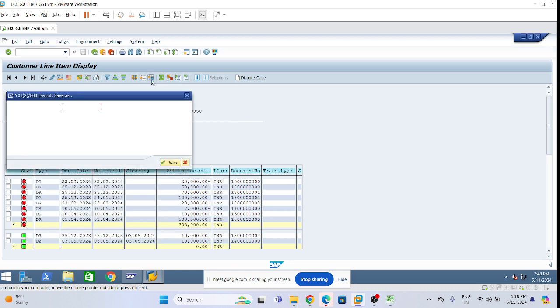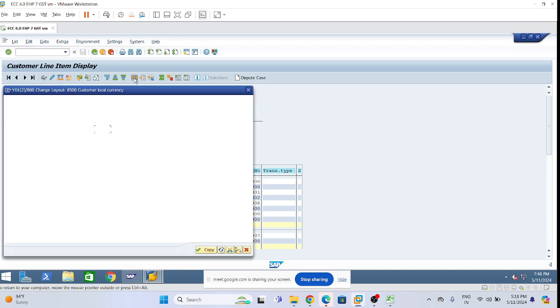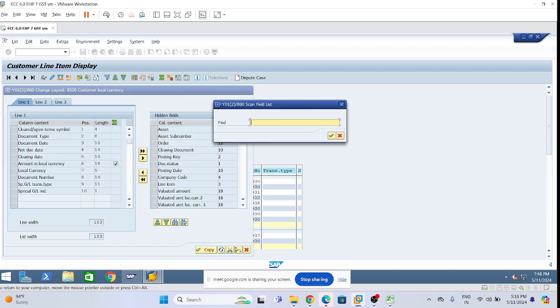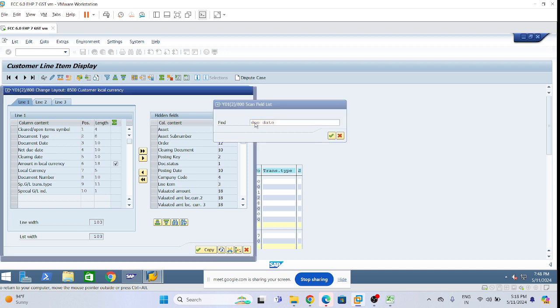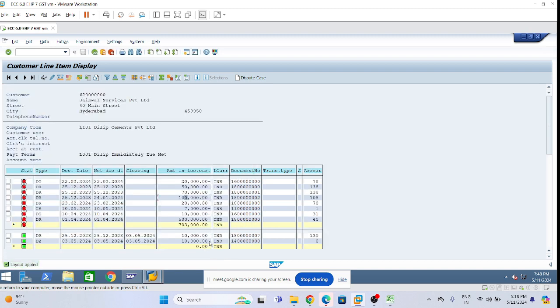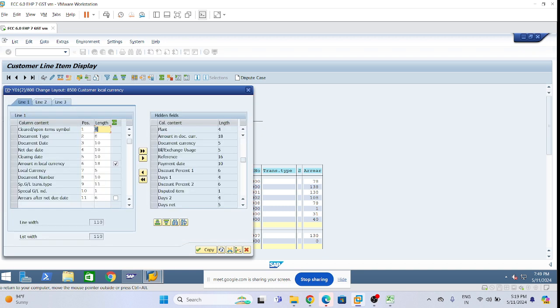change layout. What is that due date, right? Due date, arrears after late due. I will bring it to the left side. Okay, copy. The indicator also I need to select, but you can see for 1 lakh it is 1/4, 40 days, right? And for this 10,000, 31 days. If I bring the indicator, change layout, due date indicator,